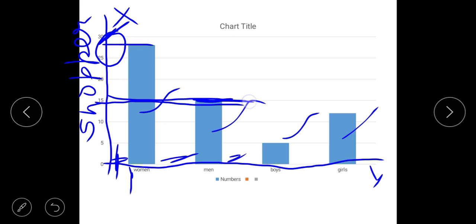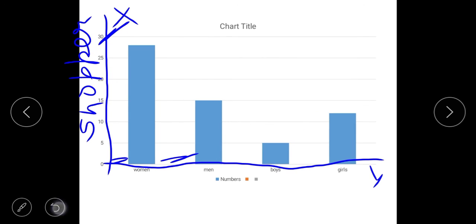Place one block empty over here, then make a bar up to 15 and name it as men. So this bar shows the number of men.